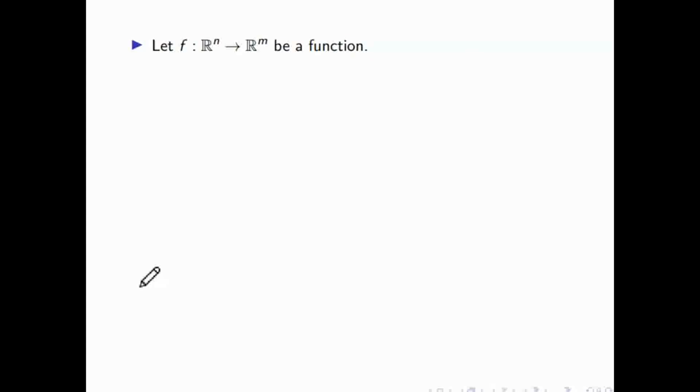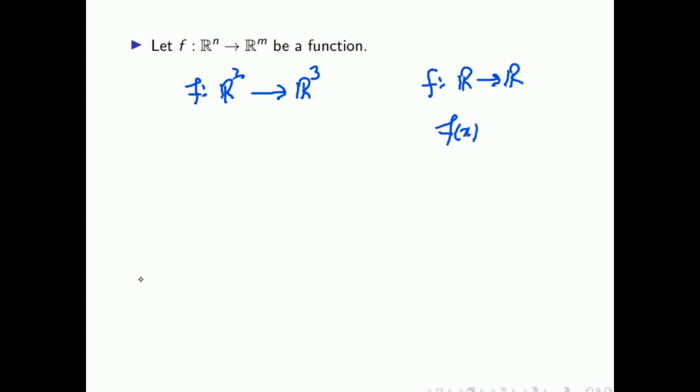Now, how will a function look in Rn? Previously we had functions from R to R, or from some subset like the closed interval 0, 1 to R, which is just a subset of R. Suppose we have some function from Rn to Rm, like R2 to R3. Can you give me an example of a function from R2 to R3? Like f(x) equal to x, or f(x) equal to x square, these are functions from R to R. I want an example from R2 to R3.